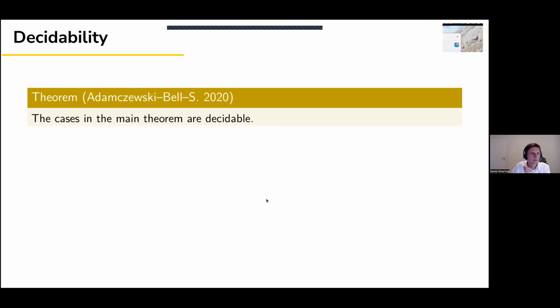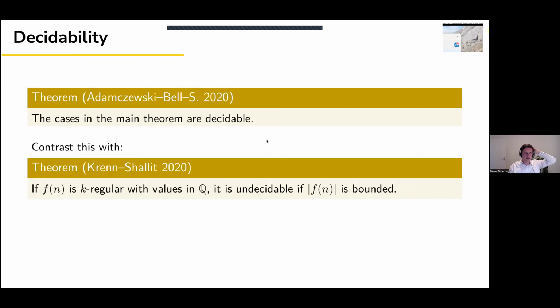And more or less to close with, let me say a word on decidability. So we said in the very beginning that solutions to k-Mahler equations can be specified by finitely many initial coefficients and the equations. So you can ask about computability results. If you're given such a solution, can you decide which case you're in? And in fact, these cases are all decidable, which is maybe particularly interesting because there's from the same year a result of Daniel Krenn and Shalit,